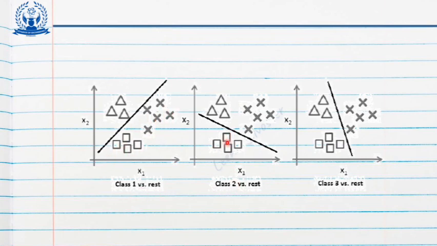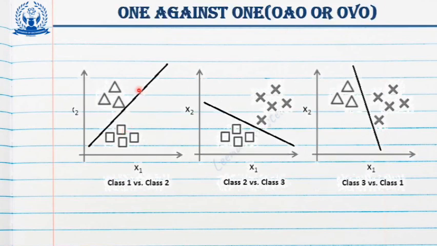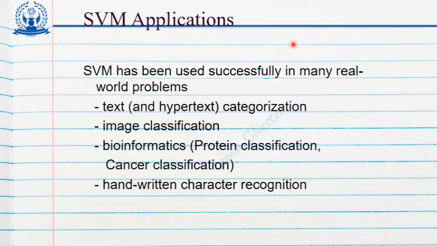In the next case, class 2 is considered, the others are considered rest. Here, class 3 is considered, others are considered rest. So this method is known as 1 against all or OAA method. This one is 1 against 1. First we will consider class 1 versus class 2, then class 2 versus class 3, then class 3 versus class 1. SVM applications. SVM has been used successfully in many real-world problems like text categorization, image classification,